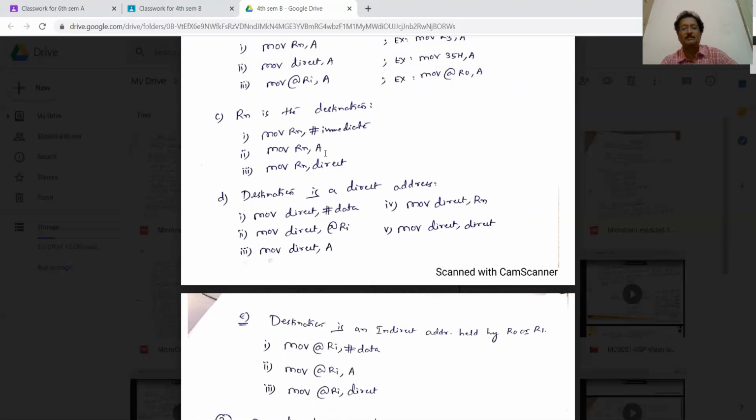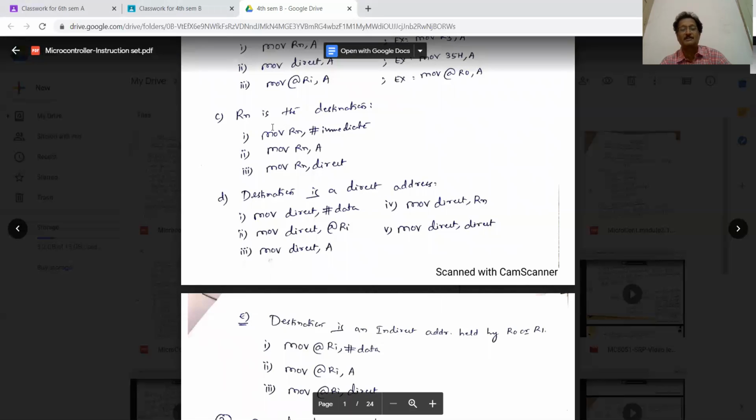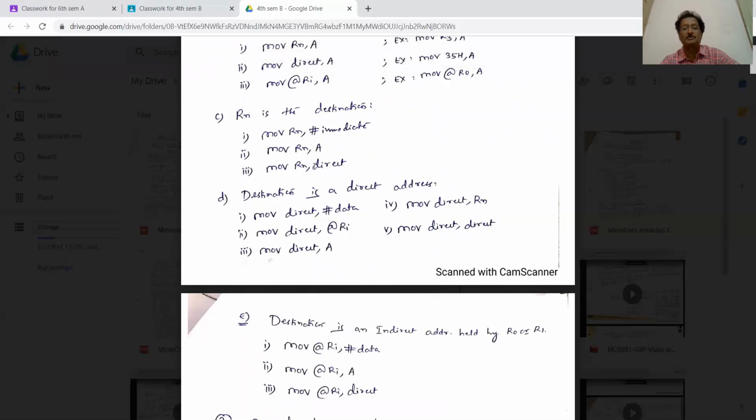Move R3 comma A, if you write, content of accumulator will come to register R3, because the register R3 is the destination. If you write here something like R2 comma 37H, content of memory location 37H will come to the register. So like that, Rn is the destination here. Okay, n can be anything starting from R0 to R7. Better you use R2 to R7. R0 and R1 exclusively you use for indirect addressing mode.